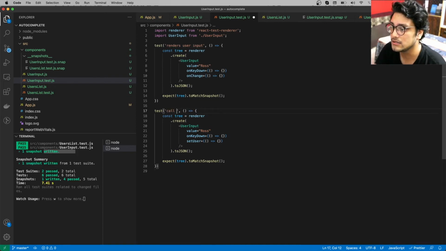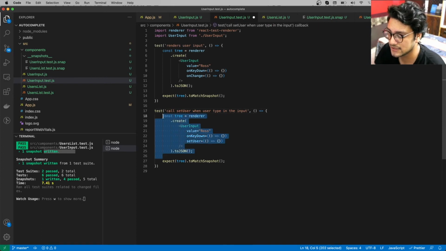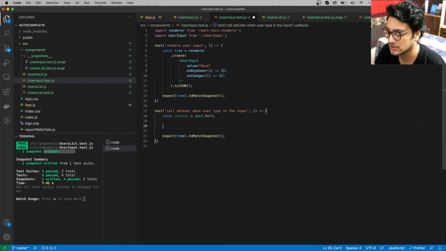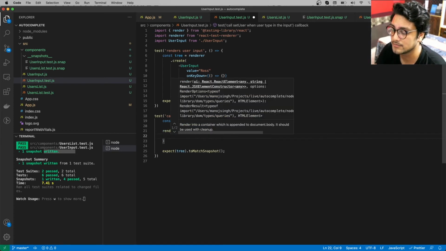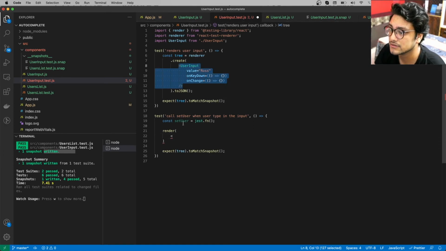So now call set user when user types in the input, right? And instead of this, we are going to render it normally. So firstly we'll create an empty function, a mock function, and then we are just going to render the component, render the user input,